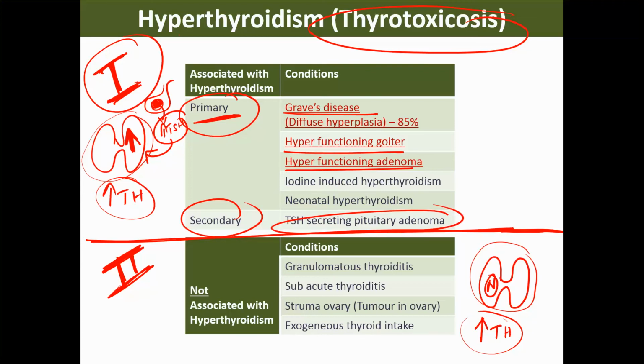rare event. Now coming to the most important and confusing category, that is called normal functioning thyroid but increased thyroid hormone. This is the one. So remember, if there is a thyroid gland and there is some kind of inflammation, these are the inflammatory cells and they are coming and destroying the follicle. What happens when they destroy the follicle? The thyroid hormone,